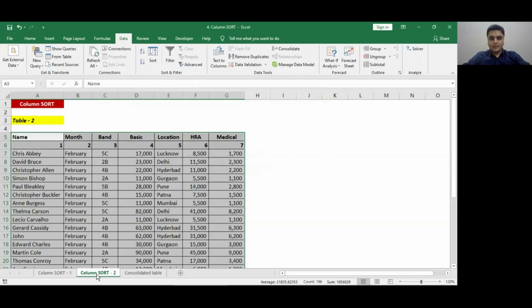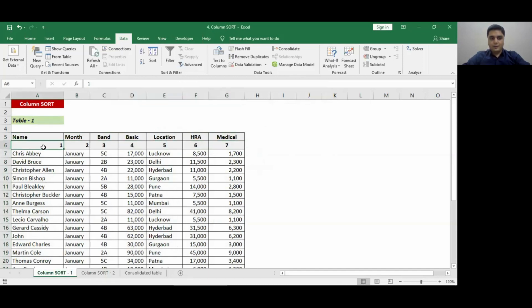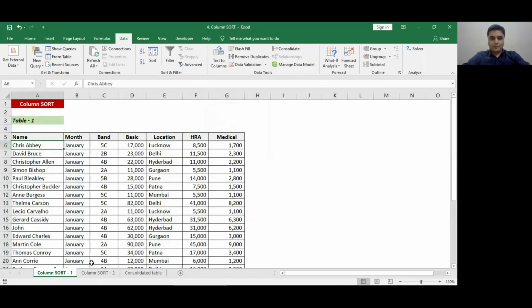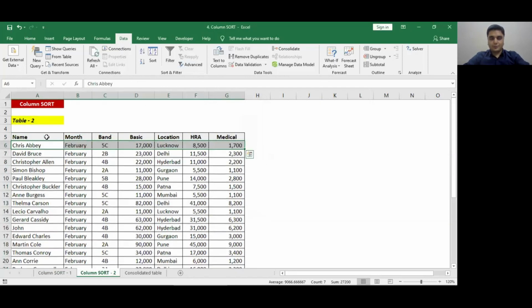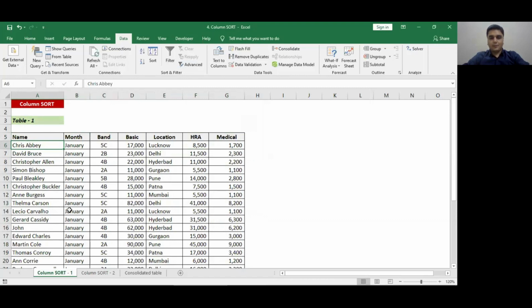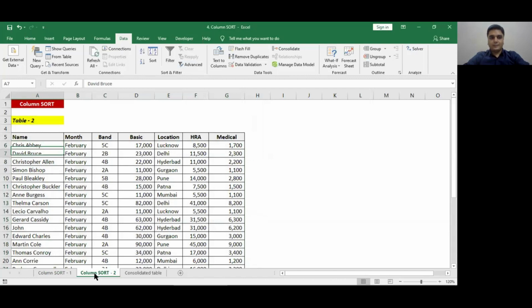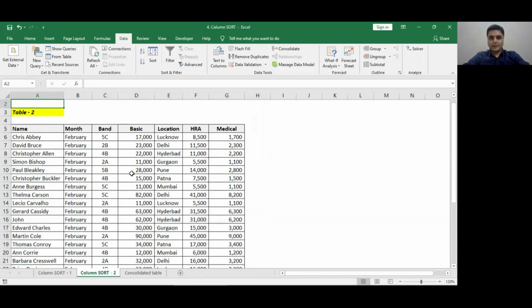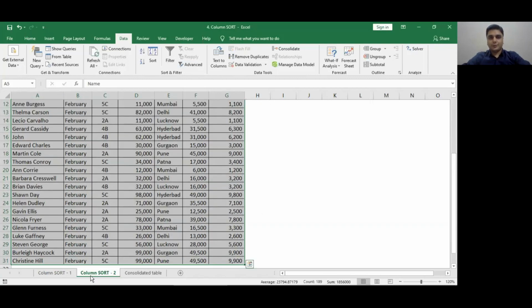So here you can see in this particular table, my columns have been arranged as per this serial order. And in table number 1, also the serial order was the same. So now I can delete this particular row from this table. And now you can see that all the columns have been arranged in a similar manner as was given in table number 1. Now I can simply copy paste this entire table number 1 along with this table number 2 and consolidate this data.